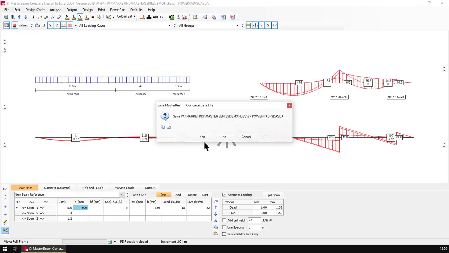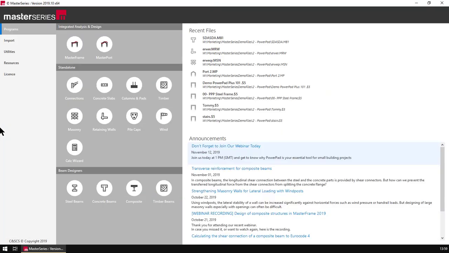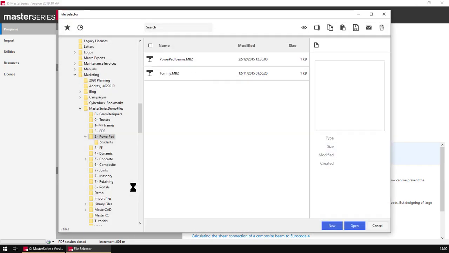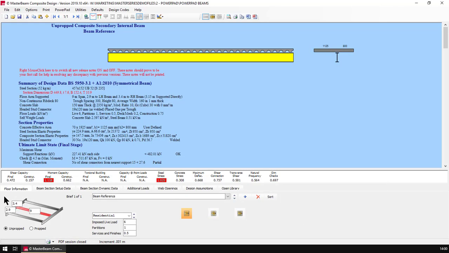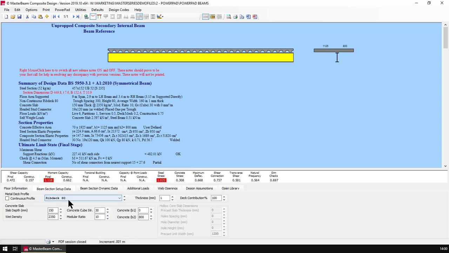So that's your concrete beams. Steel is similar. Composite is a wee bit more specialized, and in the composite, we'll just do a PowerPad beam, is very simply either a secondary beam, in this case 9 meters with a 3.5 and a 3 meter spans approximately. I can see the steel stress is 2% overstressed,